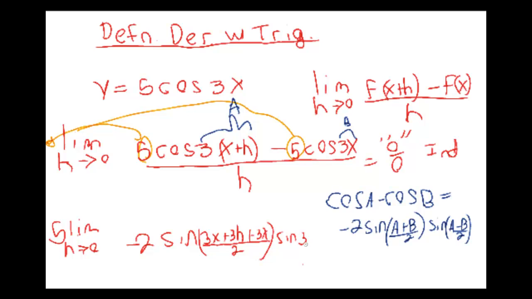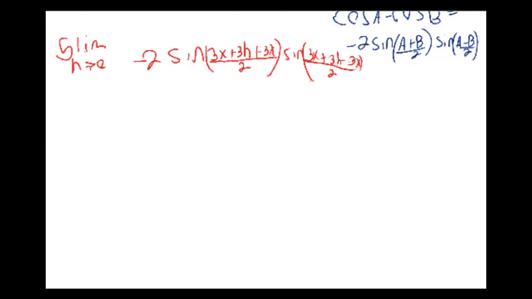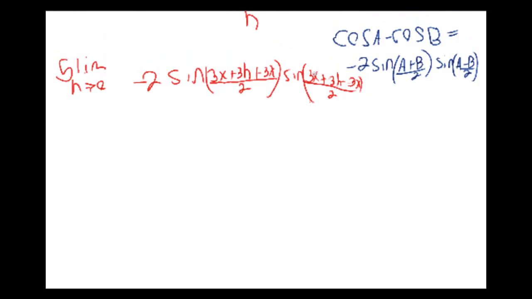So 3x plus 3h minus 3x all over 2. And all that's still over h, but for now, let's see what I can do. I'm going to simplify what's in here first. Hopefully you can see that I have a 3x that's negative right there and a 3x that's positive that are going to cancel. And when I rewrite this step, it becomes